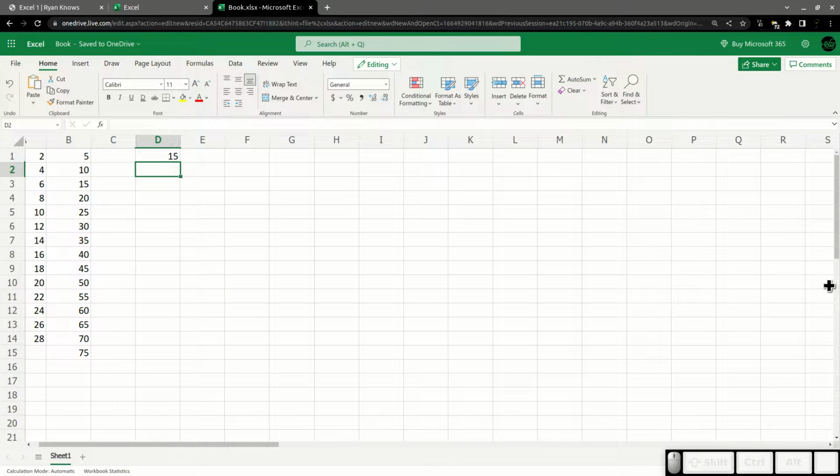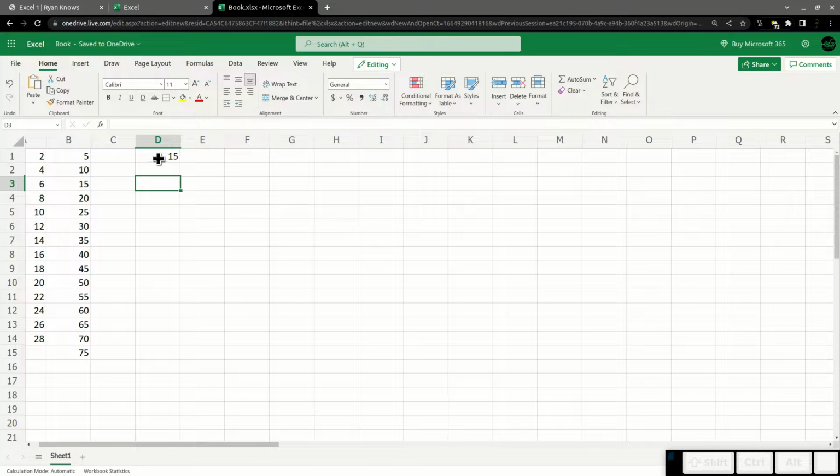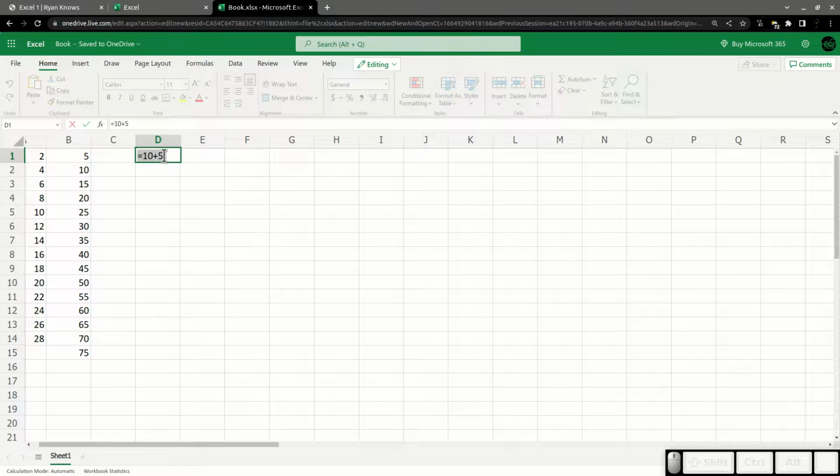Notice I hit enter, and it says 15, but when I cursor over it, or when I select it, when I make it the active cell, and you look up here in the formula bar, it shows us what's actually stored in the cell is equals 10 plus 5, right? And so this is our first time where we're encountering the way a cell looks, the 15, being different than what the cell actually contains. And that's what the equal sign does for us, is it says, I'm going to enter some instructions, you process those instructions, and then display the result of those instructions.